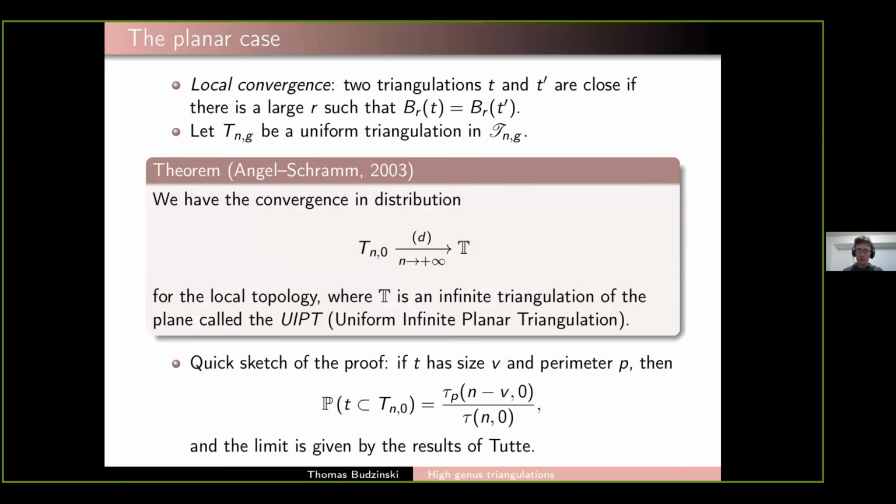All right, so now I'm going to start doing a little bit of probability. And first, I'm going to explain what happens in the planar case. So if g is equal to 0, and we've seen that in this case, we have a lot of information coming from combinatorists. So the point of view that I'm going to be interested in today is local convergence, which is also known as Benjamini-Schramm convergence. So the local topology will be a topology on the set of either finite or infinite triangulations. So an infinite triangulation is just going to be a gluing of an infinite number of triangles.